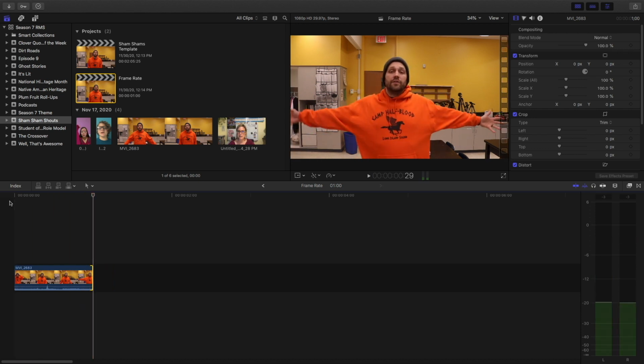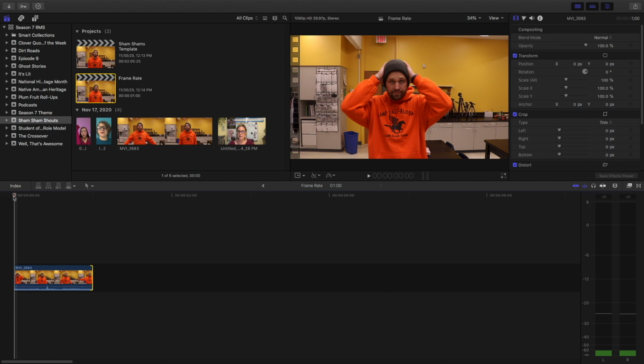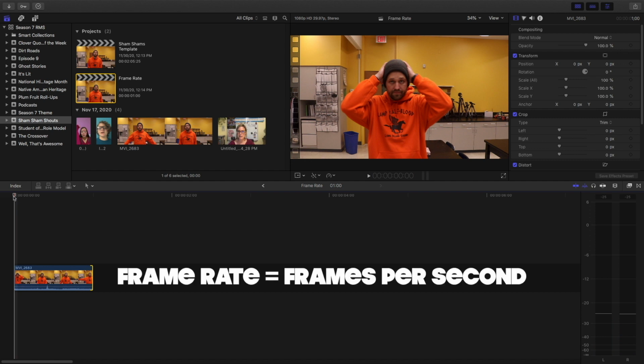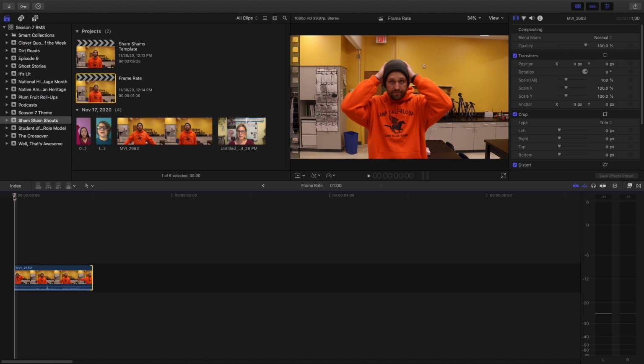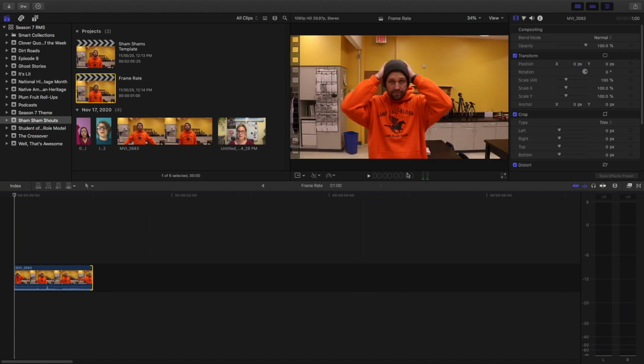That's 1 second. Okay? 1 second of video footage right there. Now, we're going to look at frame rate, and frame rate is essentially how many frames per second. And a frame is almost like a photograph. So if you look right here, I move my cursor to the front, and then I basically start at 0, okay? And when I move to the right on my arrow keys, now I'm at 1,